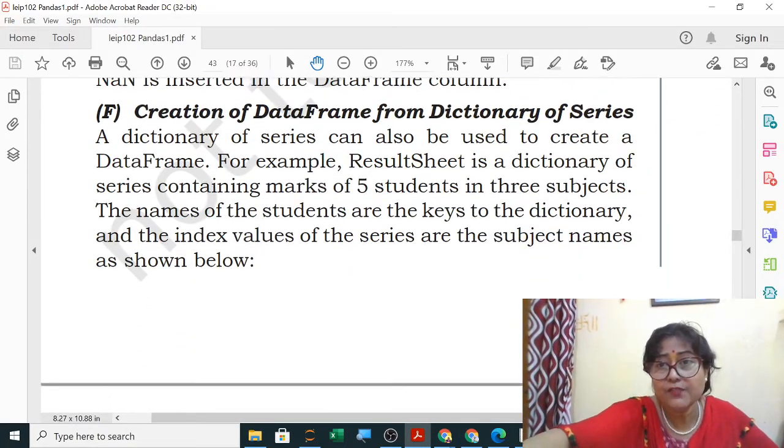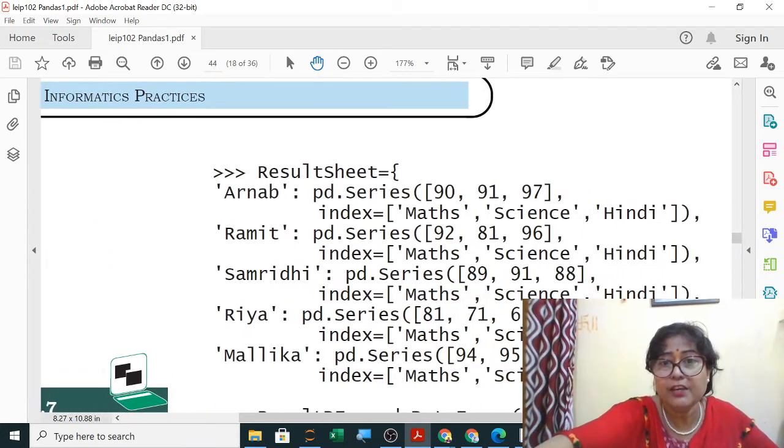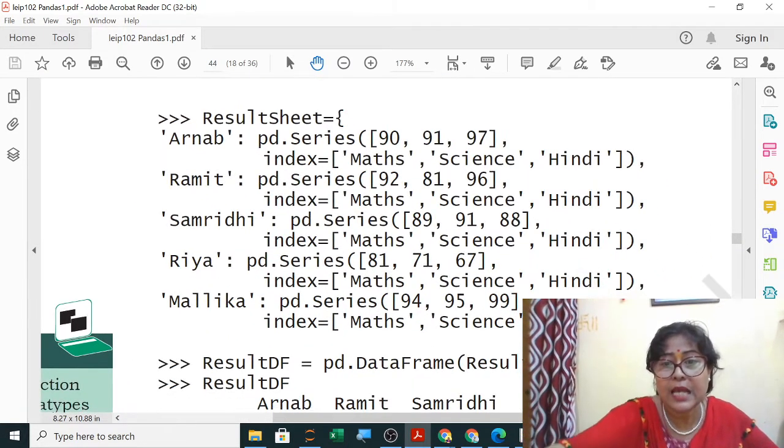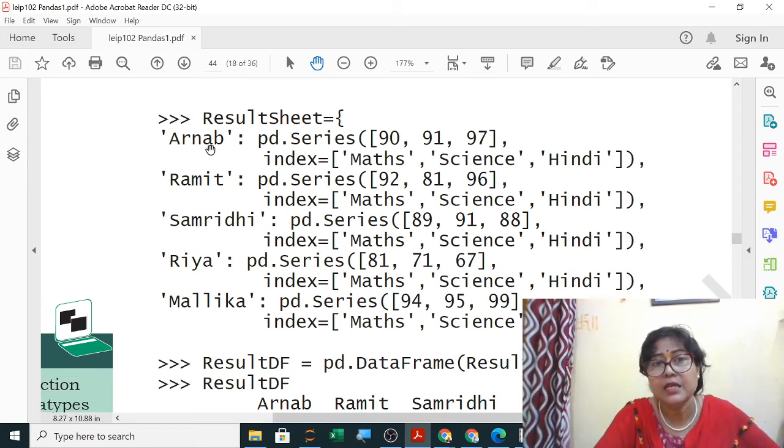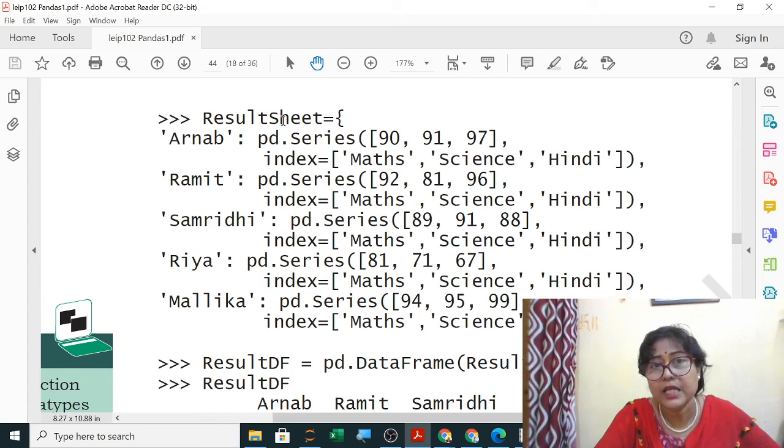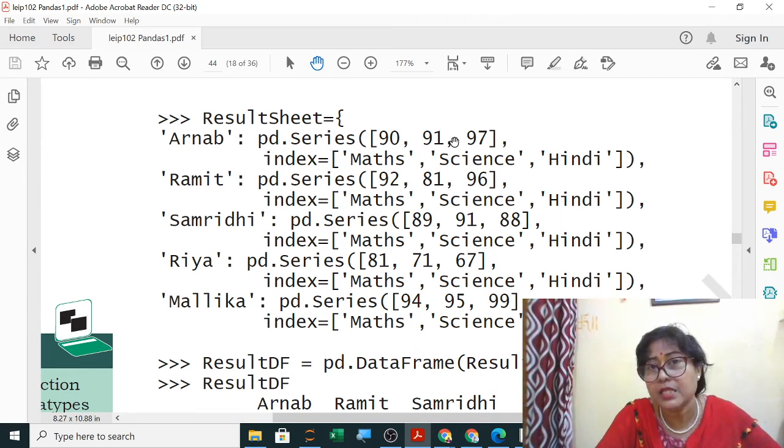Now dictionary of series. Now in a dictionary, if many series, like dictionary of list, you were storing many lists in a dictionary. Now here you can see like result we are creating, and in this result you are having Arnab's data. So Arnab's data is stored in pd.Series, the marks of 3 subjects, and the marks are given in index math, science and Hindi.